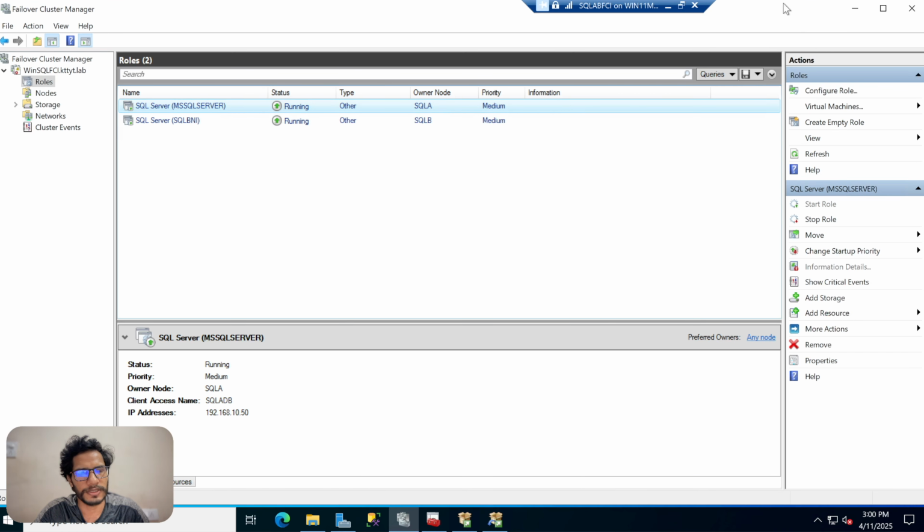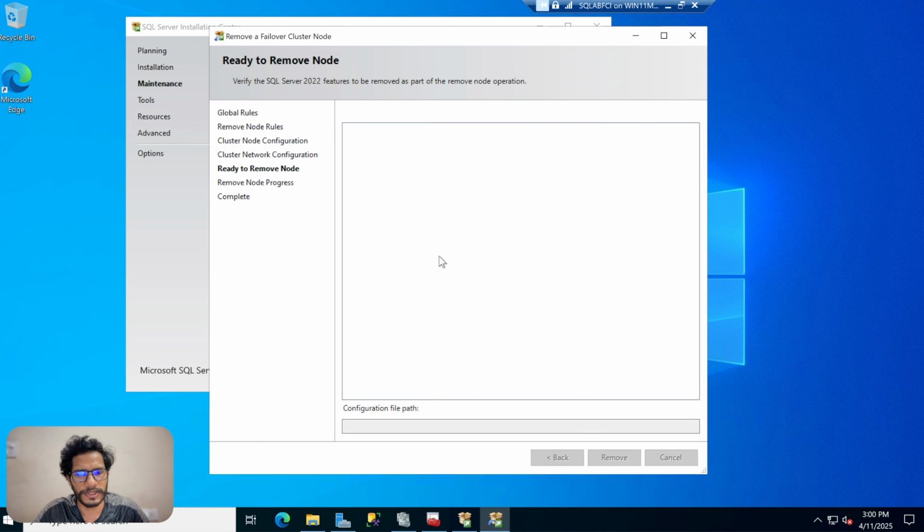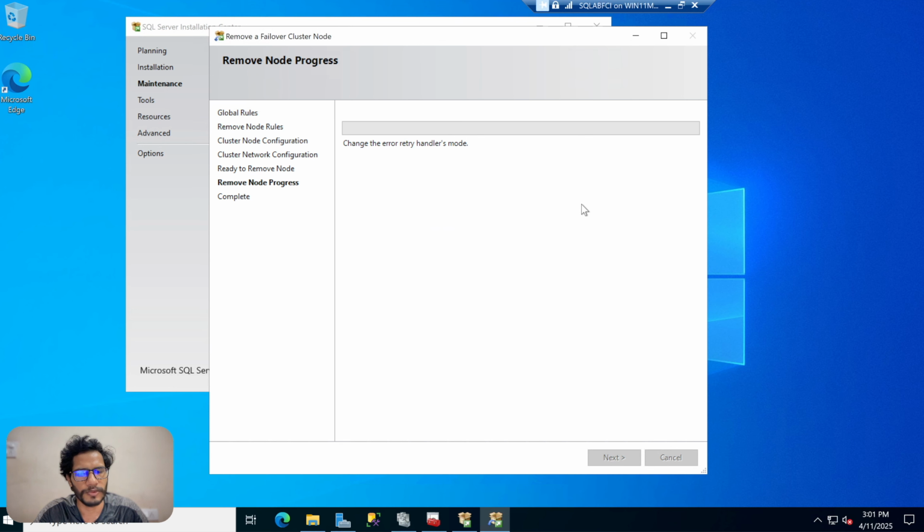As you can see, MS SQL Server. Let me minimize this. Currently you can see the nodes are SQL AB FCI, which is this node, and I don't want that. So I will select the node which I want to uninstall, the SQL Server instance which I want to uninstall from the node. I will hit Next. It will do some prerequisites, and the config files will get deleted, all those things. Let me remove, and it will take some time and completely remove this particular node, the SQL AB FCI node,